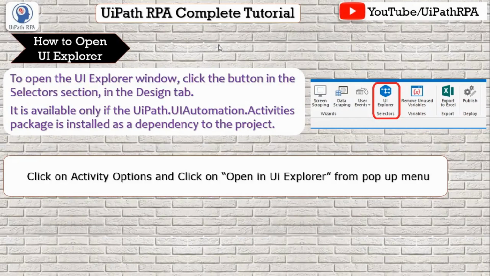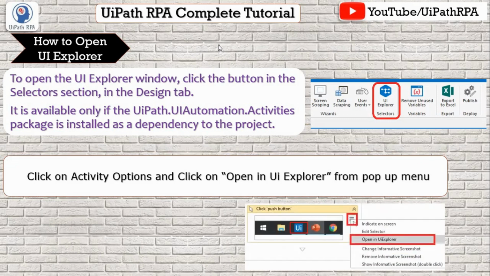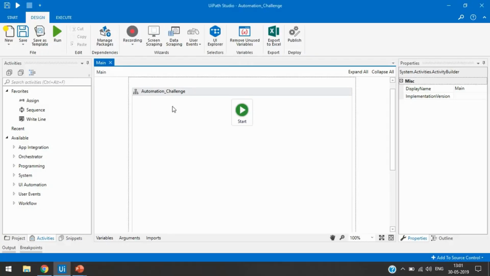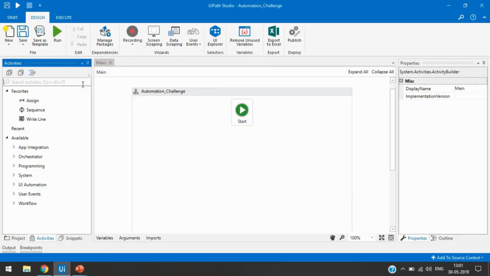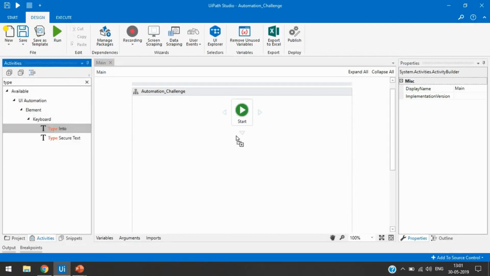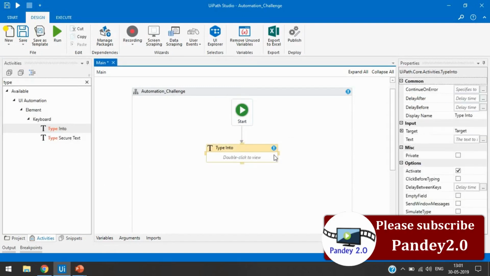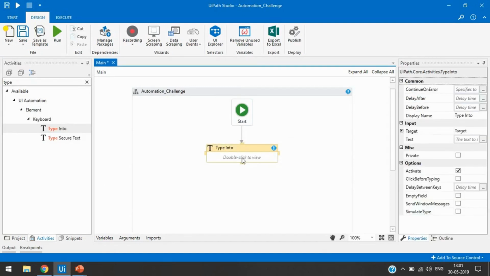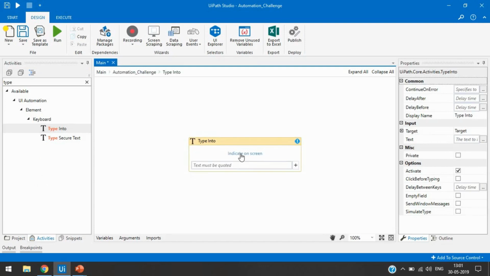Click on the activity option and click on Open in UI Explorer from the pop-up menu. This is our next option for how to open UI Explorer. If you are using any activity and you want to open that window, you can do it like that. Let me show you that also. I'm going to take one Type Into activity here, add this, double click and indicate anywhere.